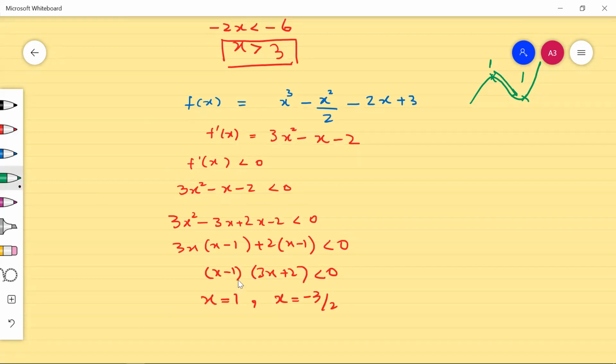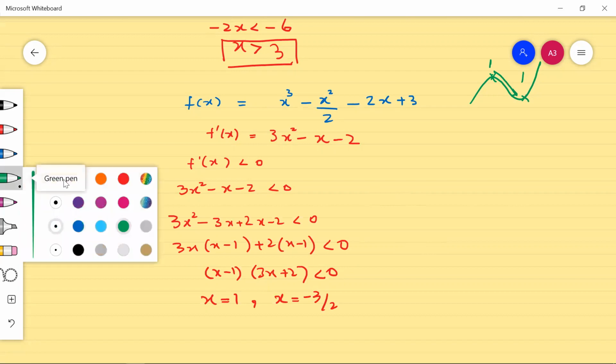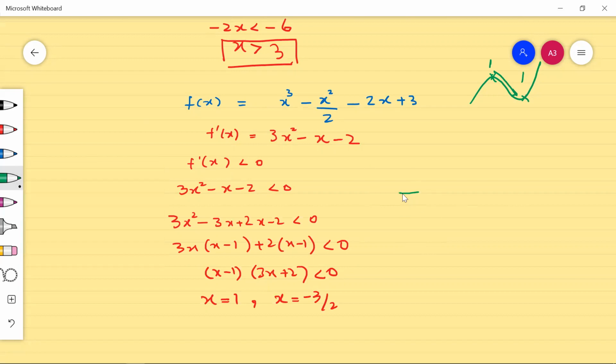There are two methods to solve a quadratic inequality. One is by using a graph, and the other one is a simple line. I don't know in which way you learned this, but I'm going to explain by using a number line. So minus 3 by 2 lies here, and then 1 will be here. Negative numbers are on the left hand side, and positive numbers on the right hand side. So 1 will be here, and there are three regions on this line: number 1, number 2, number 3.